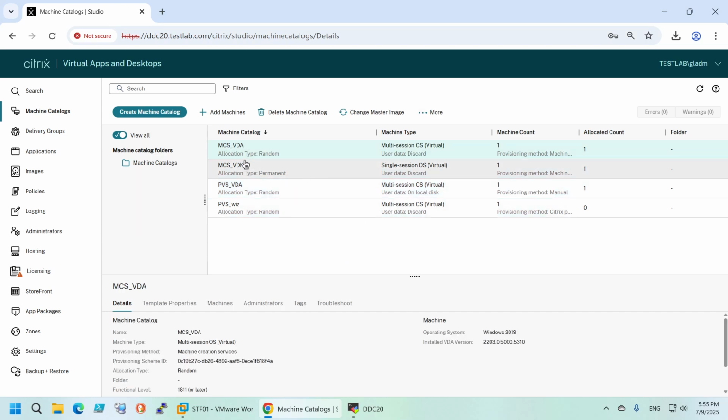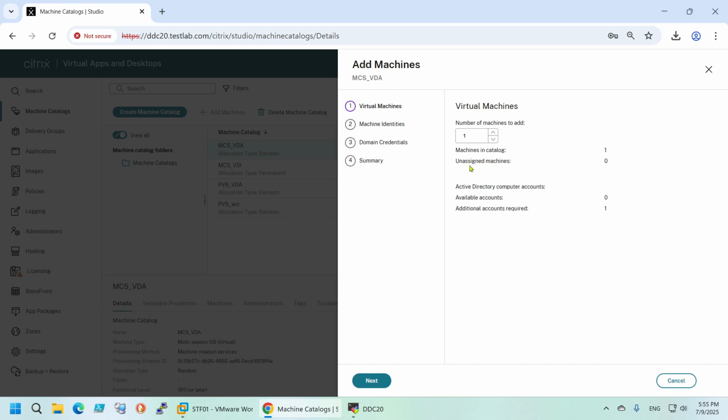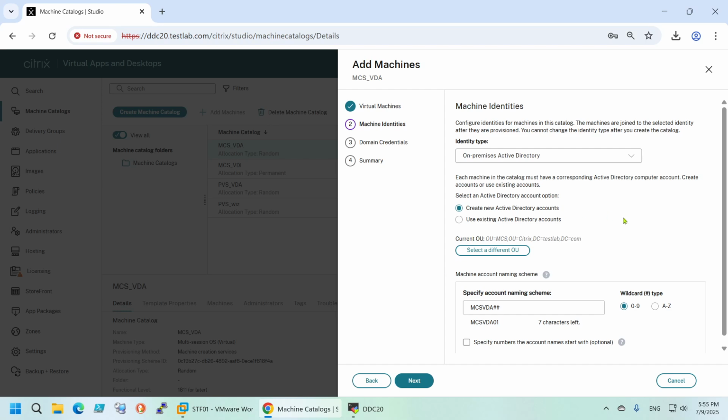So I have this machine catalog. This is MCS, and I have a machine there, and we want to add additional machines. I will not actually add the machines. I will just show you how you can do it. So you just go to add machines. You can select here as many as you want. So let's say 3. We go next, and here